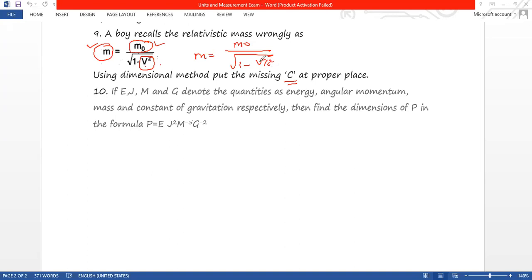So velocity and c also velocity, the dimension becomes cancelled. Once v square and c square dimension is cancelled, the left side dimension is M, the right side dimension also M. So it becomes the correct equation. So we have to put the c below this one, right? So v square by c square. So that is the answer. And the 10th one,